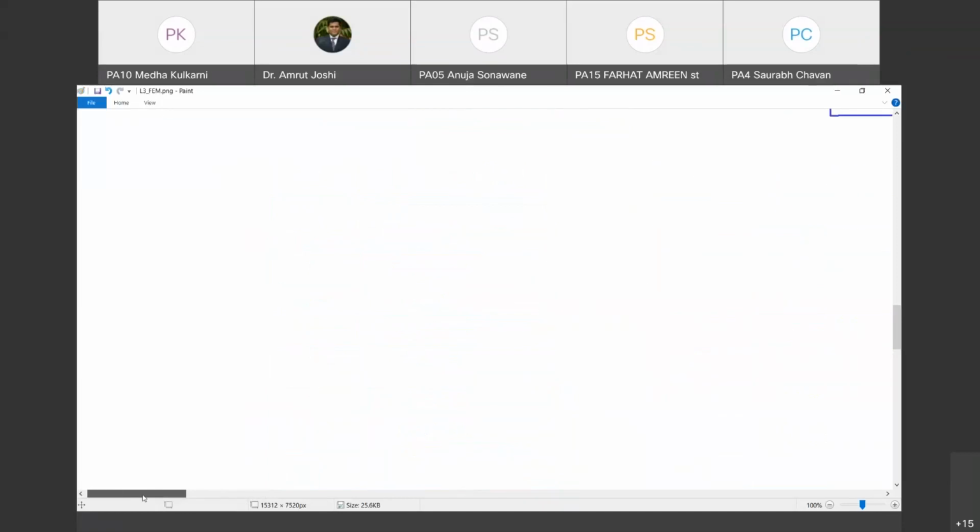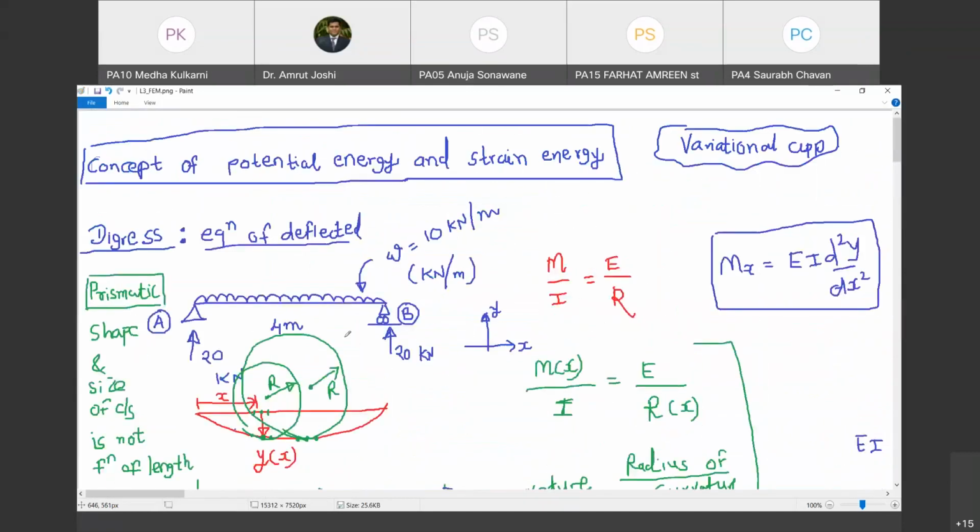Now, there is another way of solving the same problem, connected with the principle of minimization of potential energy, and the definition of potential energy itself involves the strain energy. We call this another approach the variational approach. In structural analysis 1 and 2, you used integration of the governing differential equation in Macaulay's method, but in all other methods, you never integrated the governing differential equation.